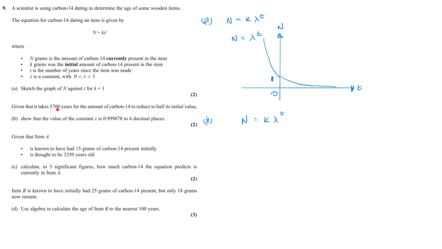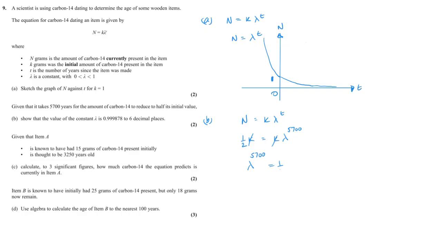So it takes 5,700 years for carbon 14 to reduce to half its initial value. So if its initial value is k, half its initial value is a half k, and that equals k lambda 5,700. The k's will cancel, so lambda